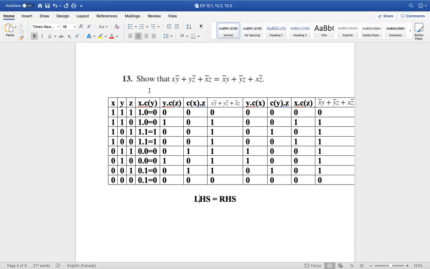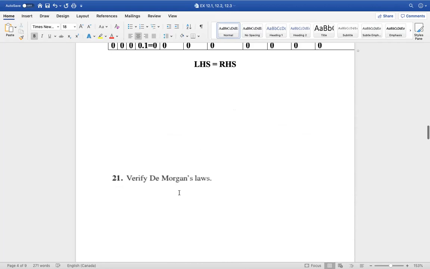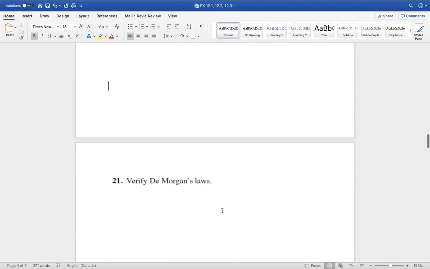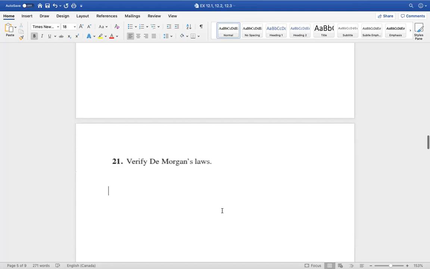Okay, if no question, let's move on to the next one. So we have to basically verify the De Morgan's law. In order to verify the De Morgan's law, we will once again use the truth table. Okay, so we'll have